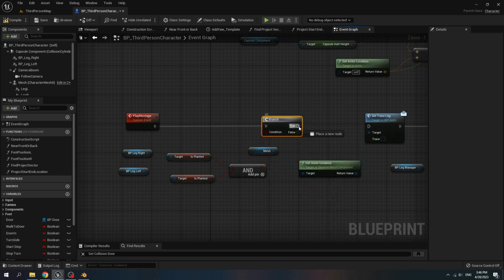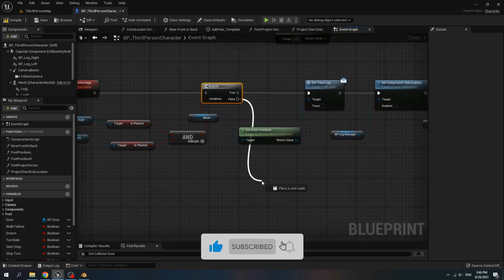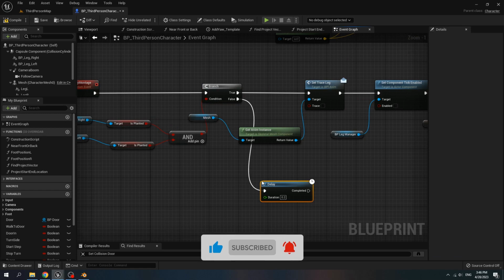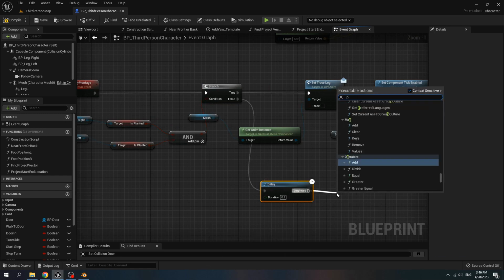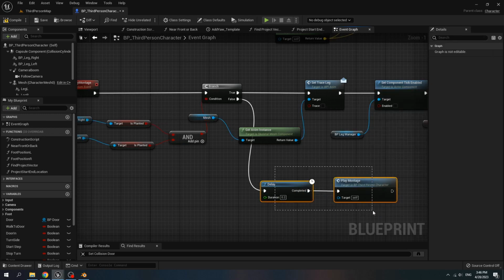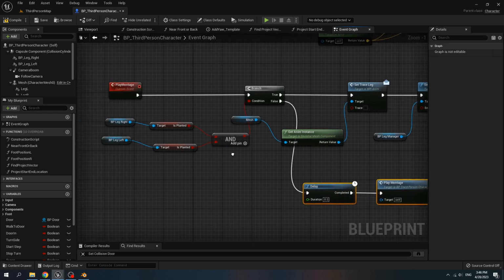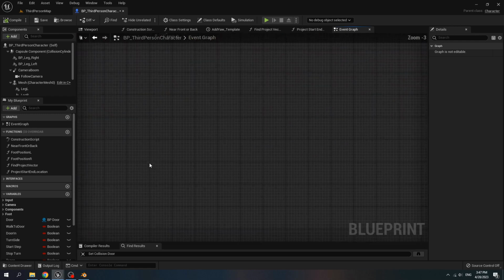Connect through to set trace leg, and if it is false, we delay for 0.2 seconds, and then call play montage event back. This one will wait until these two legs are planted.